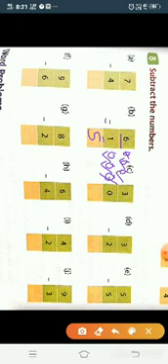Okay. Now see the third one. 3 minus 0. Students, when we subtract 0 from any number, the answer will be the number itself. So here 3 minus 0. 0 means nothing. So we will not subtract anything from 3. So we will draw 3 circles here. And we will not subtract anything. So how many circles will remain here? The number itself, 3. Okay.